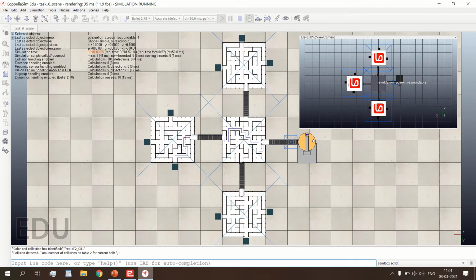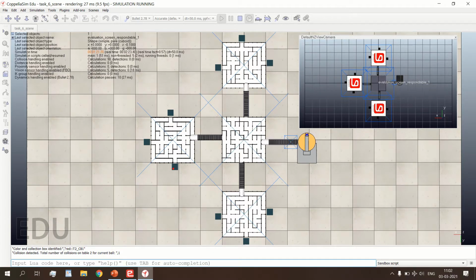Now coming to the next table, that is table number 2. To the right of it we have collection box number 3. To the left of it we have collection box number 1, and in front of it we have collection box number 2. In the very same way, for table number 1, in front of it we have collection box number 2. To the right of it we have collection box number 3, and to the left of it we have collection box number 1.